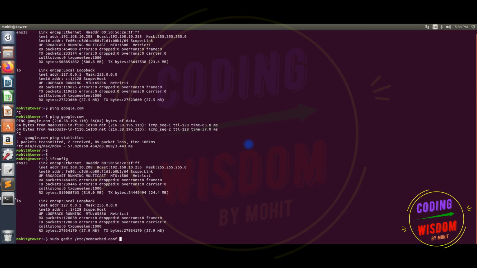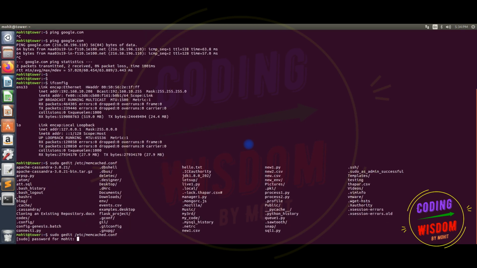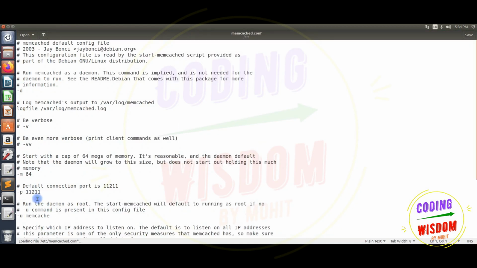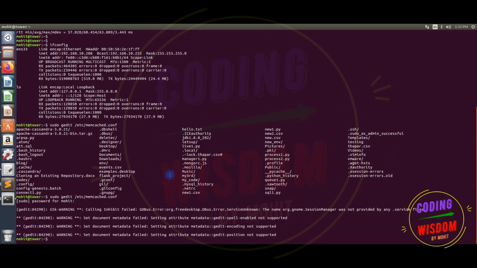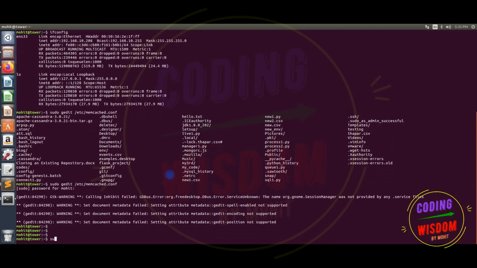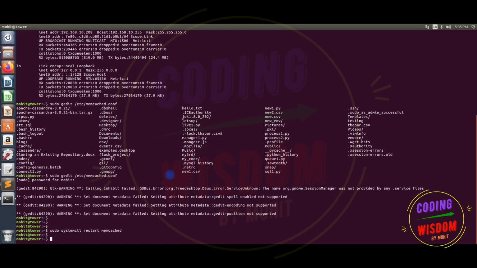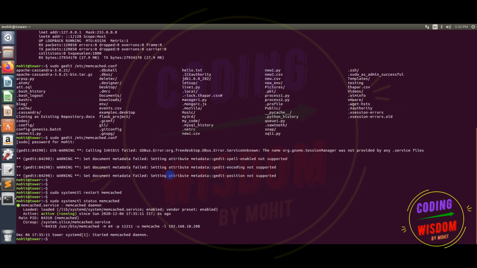Directly go to the IP address, where is 127. Yes, here. It is listening on this IP, just change this one and save, and restart again. How to restart? Sudo systemctl restart memcached. Done. For checking purposes, just use the status command here. Now I can see the IP is different here, as we expected.